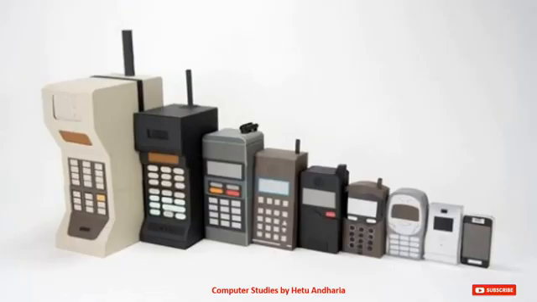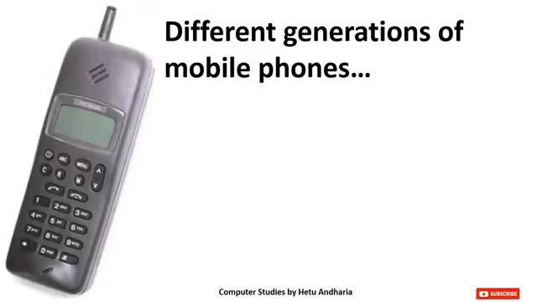Mobile phones. Here you can see the series of mobile phones which were invented during different periods of time, kept together, right? So the first type of mobile phone which had come into existence looks something like this. Here there was very limited facility of calling, maximum text message, not much more than that.